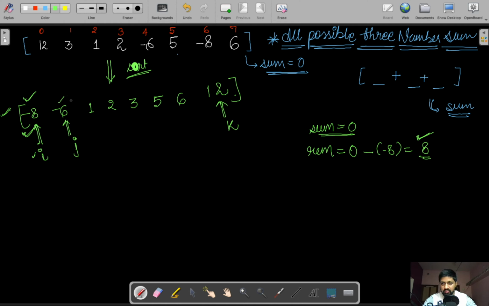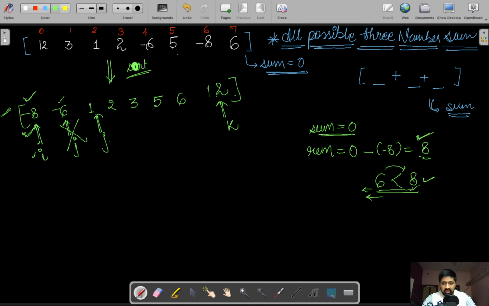Now let's sum up minus 6 and 12. This sums up to 6, which is less than our remaining desired sum. So what we have to do is increment j. We can't decrement k, because if we decrement k, the sum will fall back again, that means it will be less than 6 only, and we want the sum to be greater than 6, which is 8.